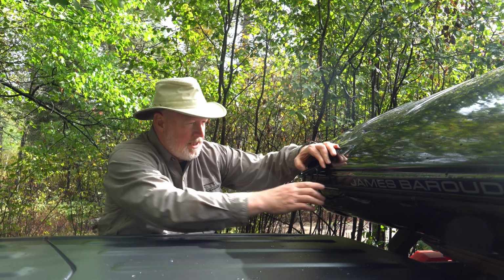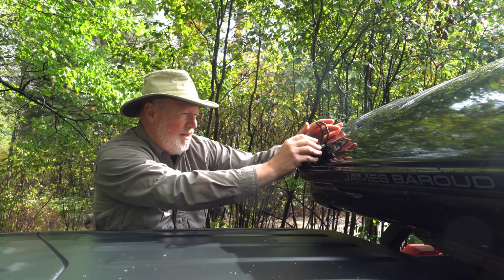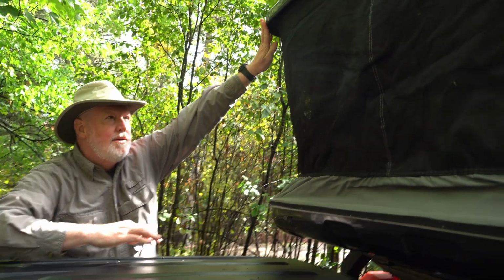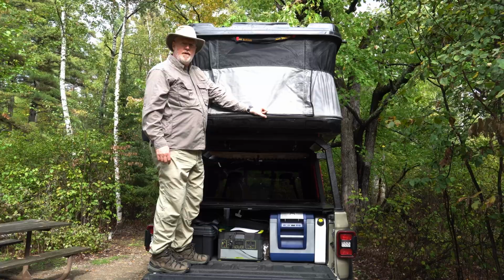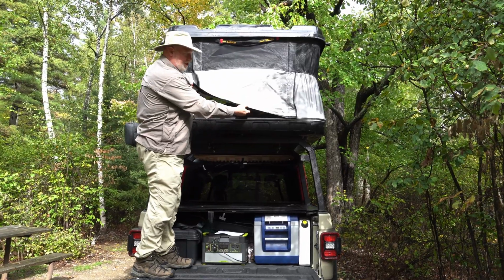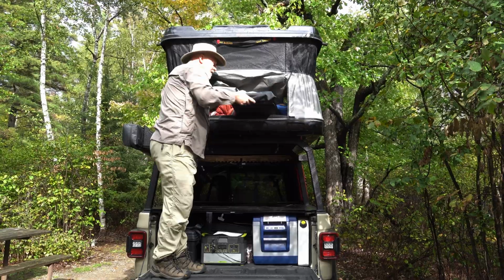I've delatched that side, the driver's side, and now I'm going to do the same with the passenger side. And then voila, it's up. Next, simply open the back hatch. It's Velcroed. And underneath